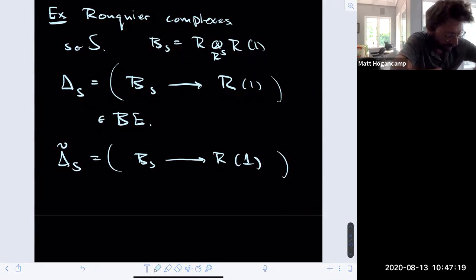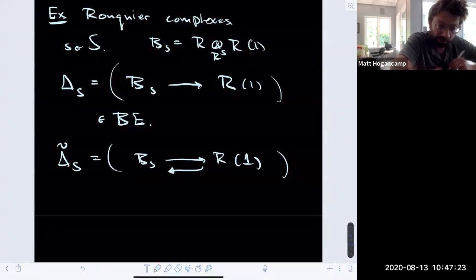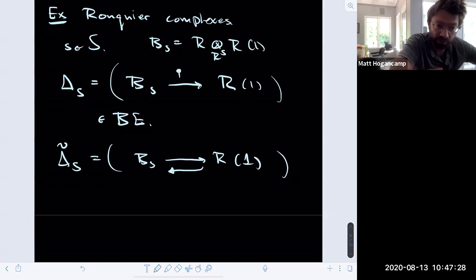So what this looks like in practice is there's some backwards maps here. So this is the usual differential, which in the Elias Williamson calculus is written as the lollipop. And the backwards differential is a sum of